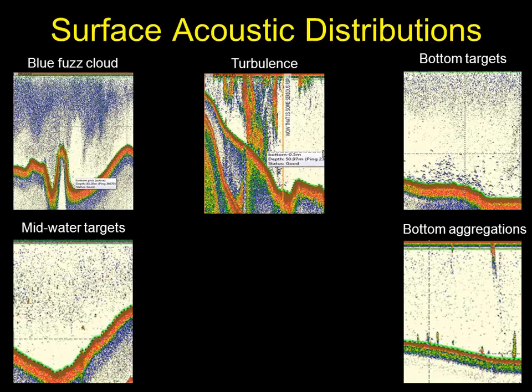From the surface, we were trying to characterize the distributions that we saw over time. In the upper left-hand corner, we had what was very common, what we affectionately came to call the blue fuzz cloud, which was largely invertebrates through the water column. Below that, we had individual fish as midwater targets. On the right-hand side, we had larger fish that were typically associated with the bottom, and also aggregations found near the surface and the bottom. And in the middle, we also had a fair amount of turbulence in this high flow area, and you probably can't read it on your screen. If we get the next slide,